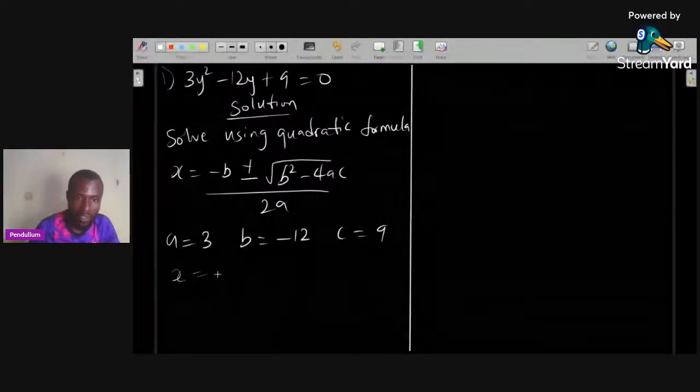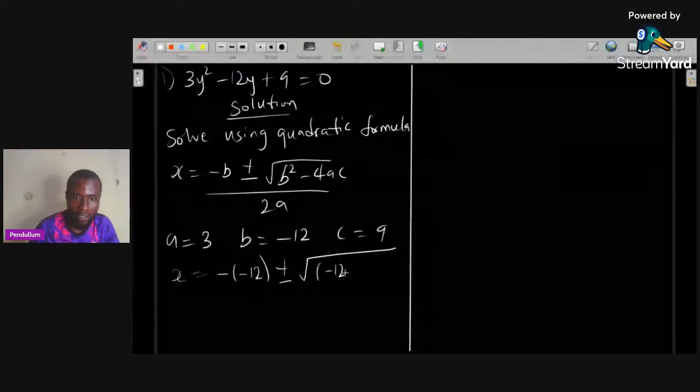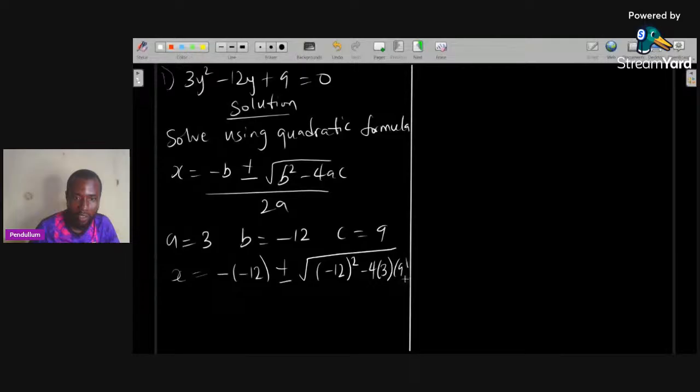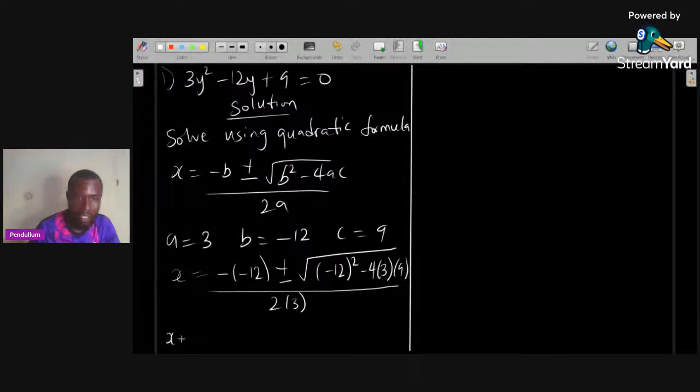So we have minus 12, minus 12 is b, plus or minus the square root of b squared, that's minus 12 squared, minus 4 times a, which is 3, times c, which is 9, all over 2 times a, which is 3. And this will give me 12, plus or minus the square root of minus 12 squared, which is 144,